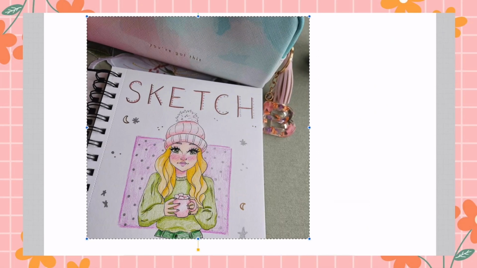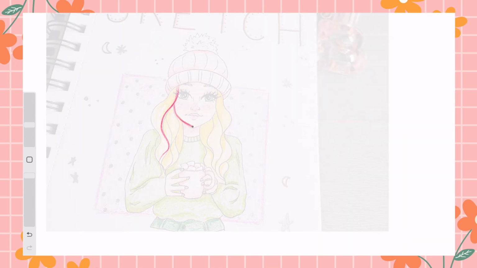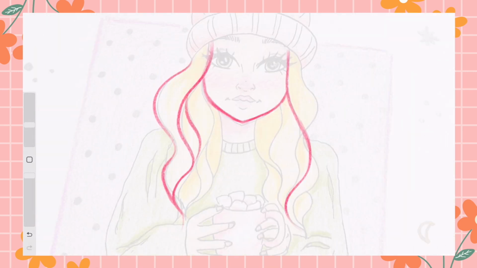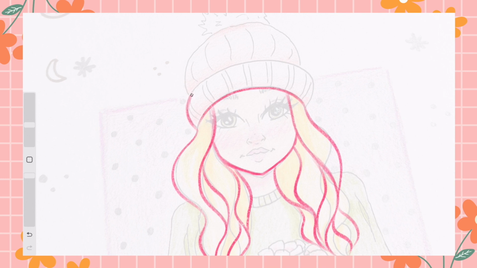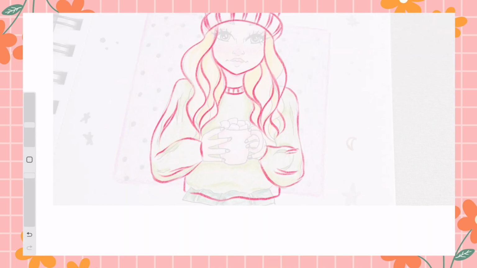Hey everyone, today I wanted to share some tips for character design whilst you watch me sketch on the iPad Pro and Procreate. For this first girl, I actually drew her in my sketchbook, but then I decided that I wanted to draw her digitally, so I took a photo, brought her into Procreate and then just traced over the top of her. So the first character design tip I have for you then is to use inspiration and references